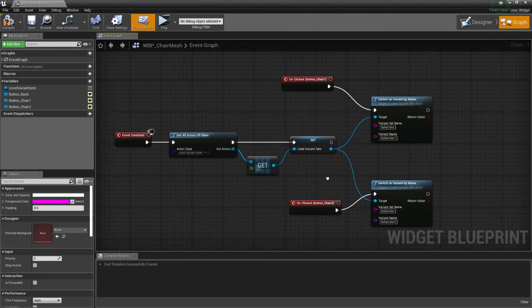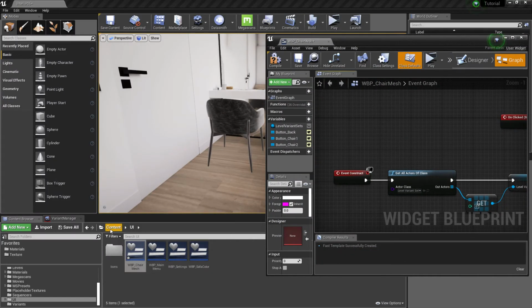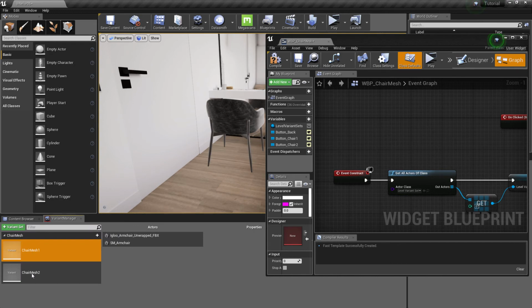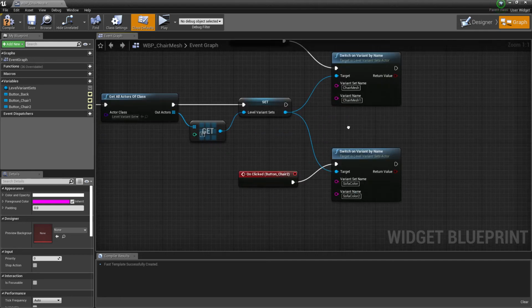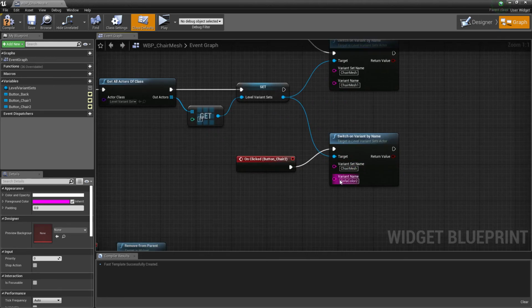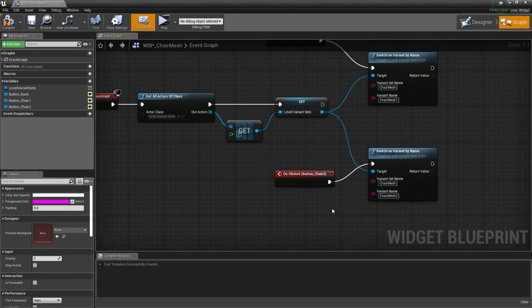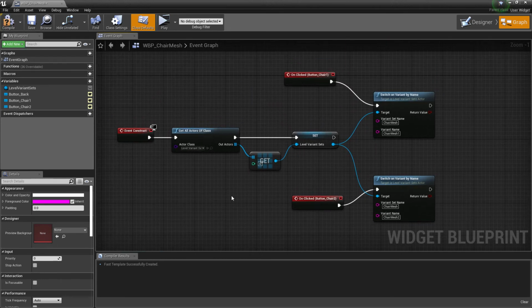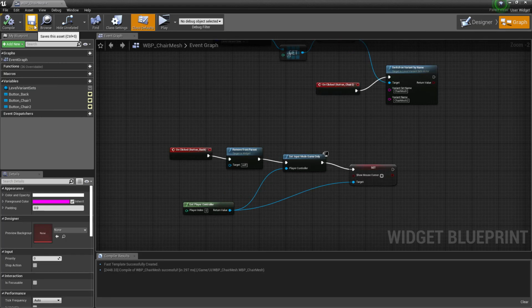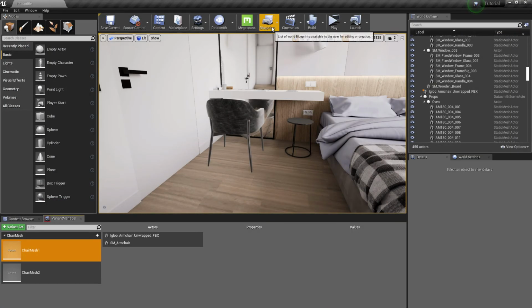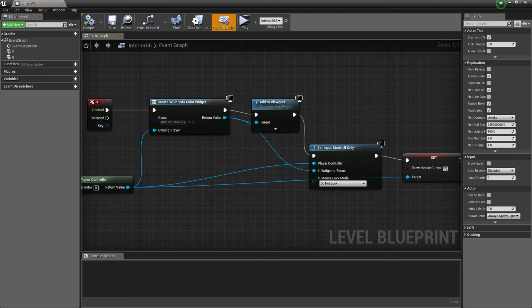The nodes are all set up. We just need to change the variant names. Open level blueprint and bind a key to open the chair widget.